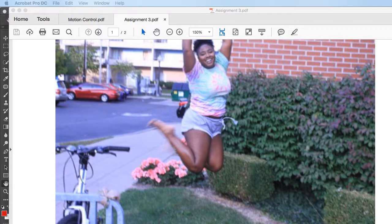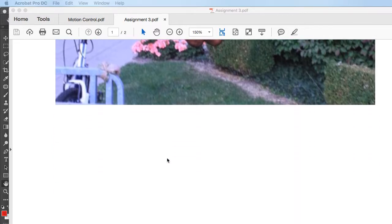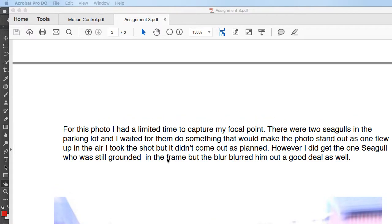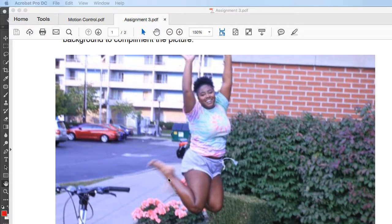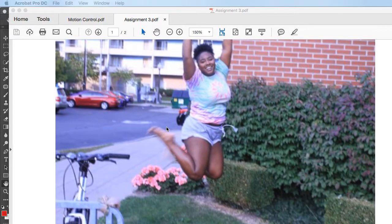So next up we have Deodric's photos. We're looking for a jump shot that is frozen and a panoramic or landscape type of shot that's blurred here. And if you look at this image, really, and by the way, I just want to point out, Deodric,